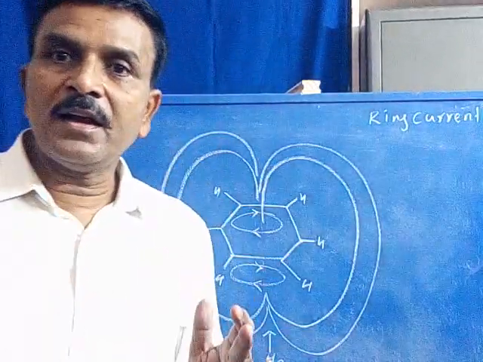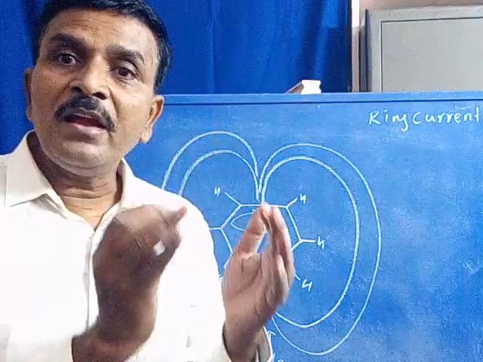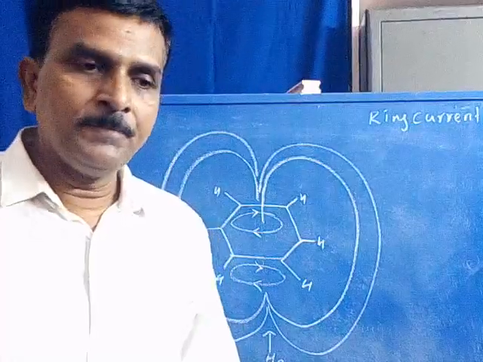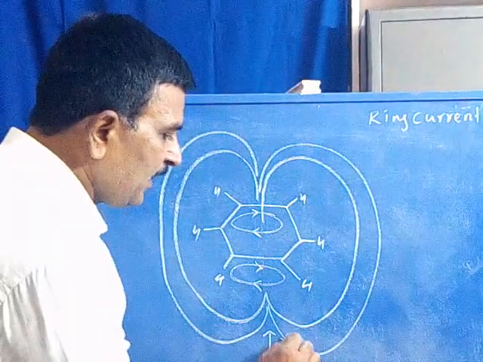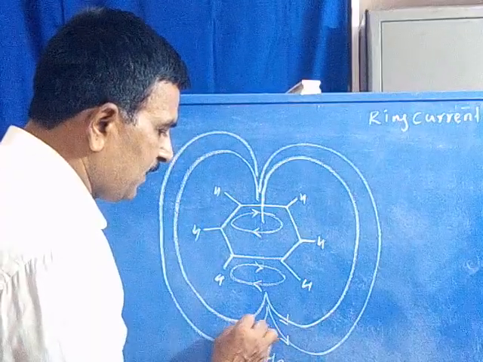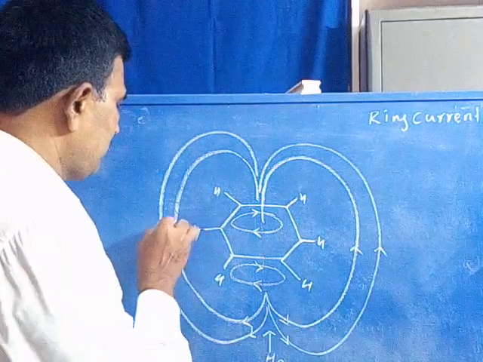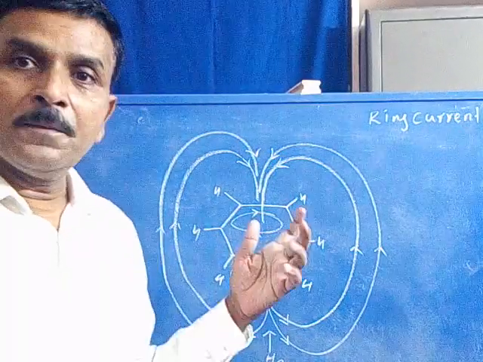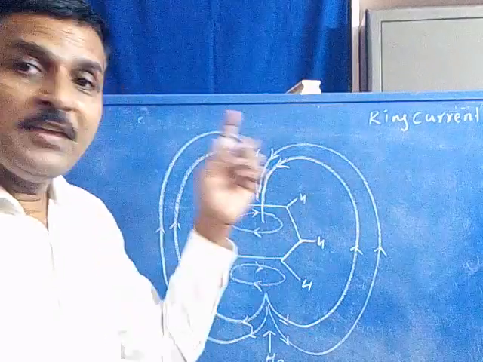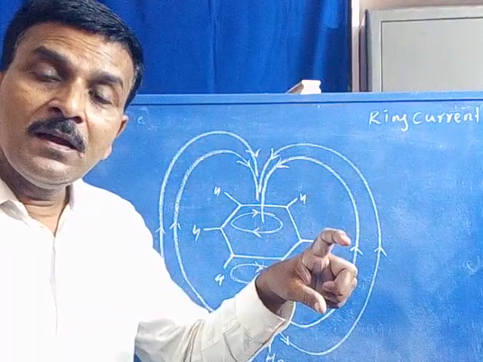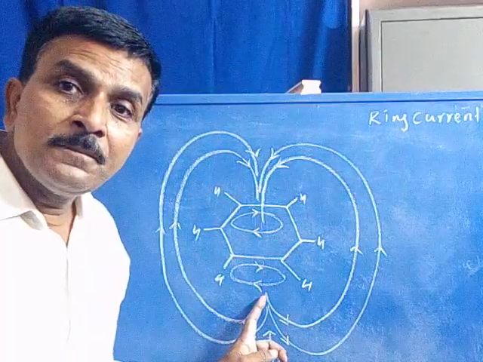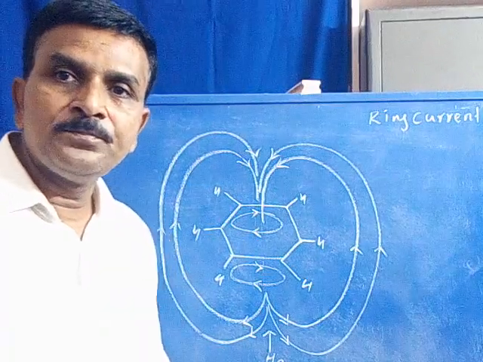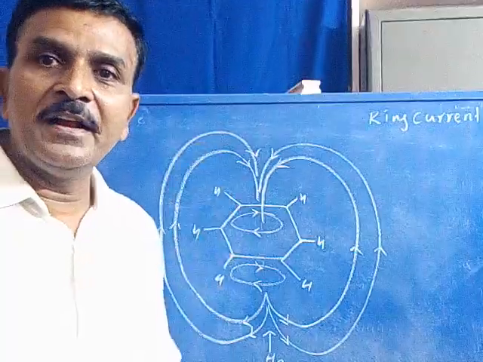The secondary magnetic field, where its amount is large, is considered to be a ring current. Now you can see the direction of the secondary magnetic field like this at outside. Whatever it may be, you can see the secondary magnetic field is produced at exactly the center of the benzene ring, travels along the benzene ring and enters on top center. This is the way of generating the secondary magnetic field.